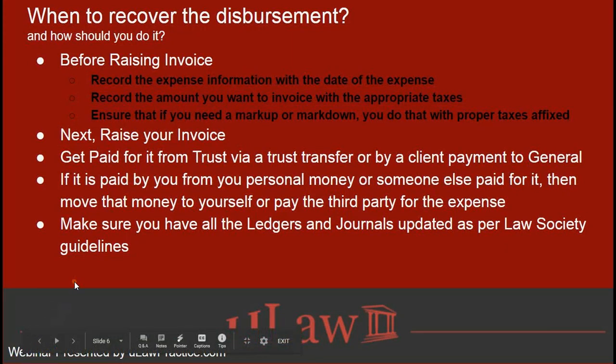And the reason why we separate that as well is the Law Society also expects you to produce the appropriate ledgers and journals depending upon the accounts used. So the Law Society does expect a trust disbursement journal, a general disbursement journal, and ledger documents, fee books, etc. that really tell the story.